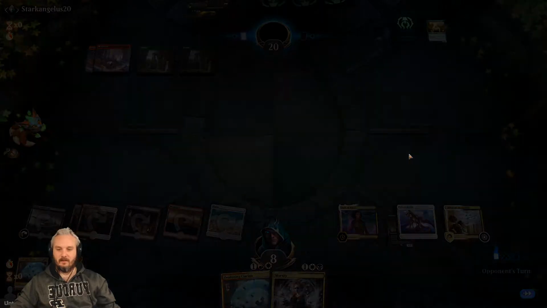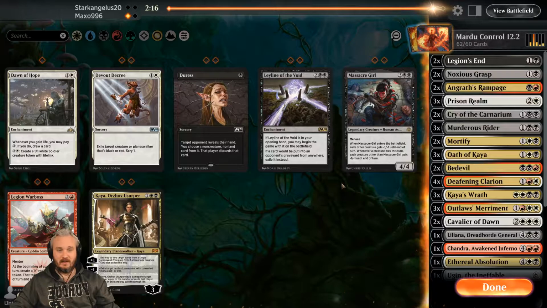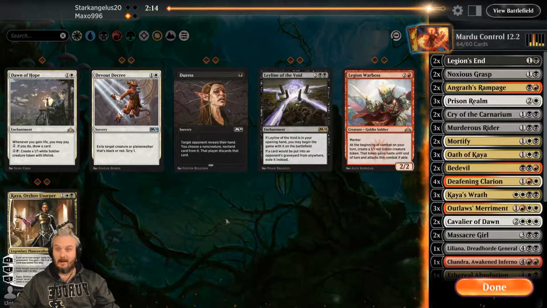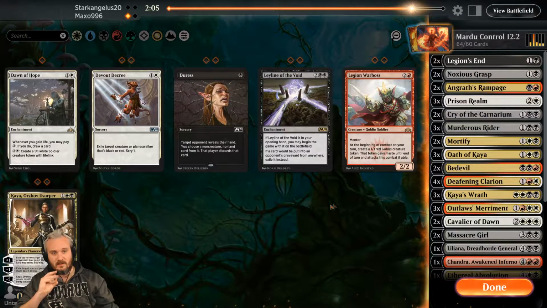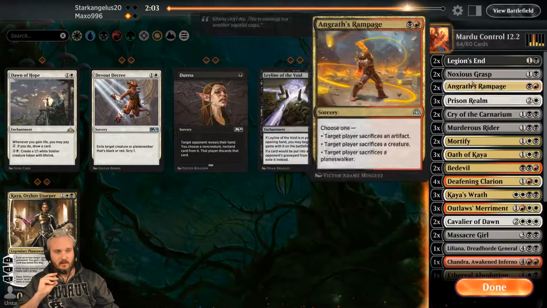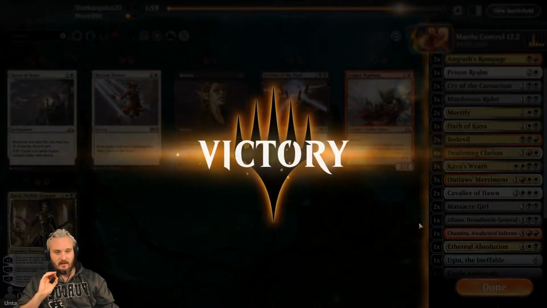So we knew it was over after that. Noxious Grasp. Yes, please. Massacre Girl. Yeah. Do I want Devout Decree? I don't think I do. I'm more scared of, like, Questing Beasts and stuff. So I sideboarded in those good options. What were they again? Noxious Grasp and Massacre Girl. So what can I not...